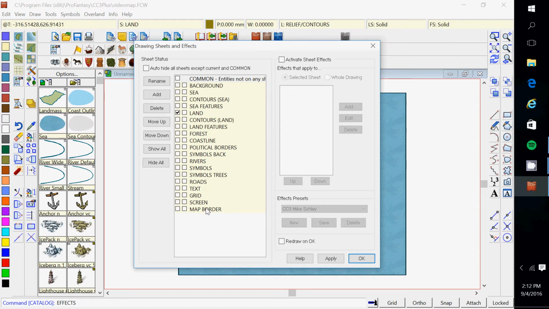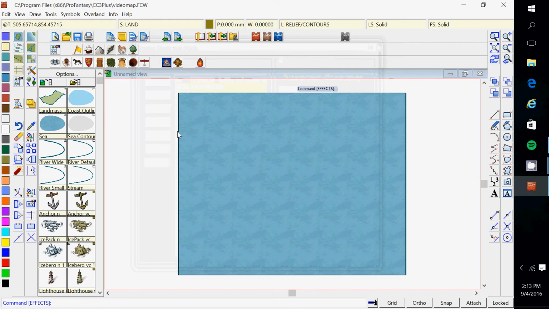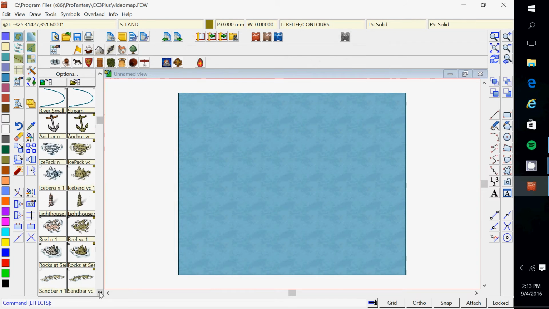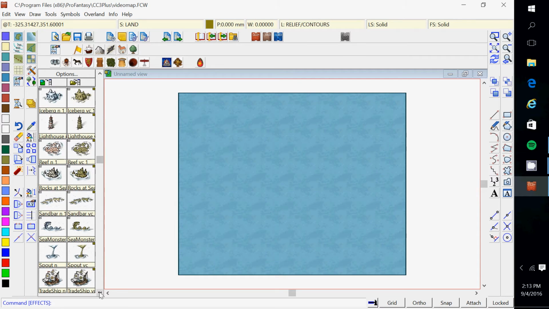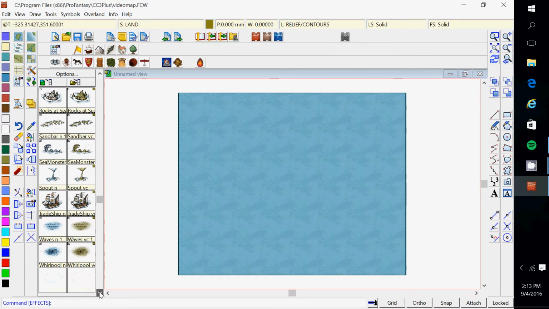So map border is above forest. Coastline is above forest. If you put a coastline over forest, you won't see the forest. So that's basically it. Forest for the trees. Ha! Pun. Alright, so now that I've explained that, I'm going to go ahead and lay down a few symbols here on this map, because we're going to do the symbols first, and then in a later tutorial I'm going to show you how to do the same thing with